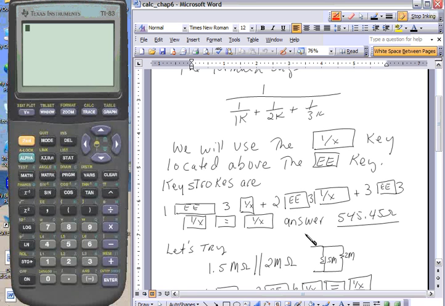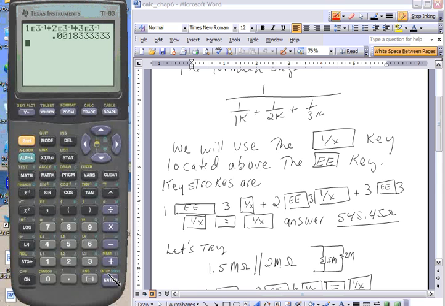So what I will do is enter the numbers. So it's 1EE3. So I go 1EE3, 1 over x, plus 2EE3, 1 over x, plus 3EE3, 1 over x,